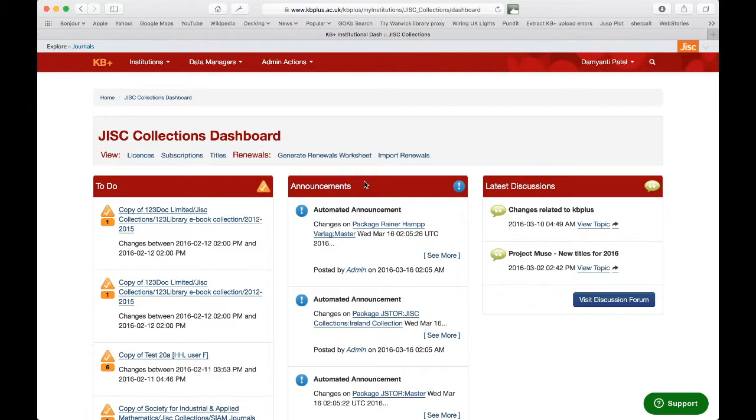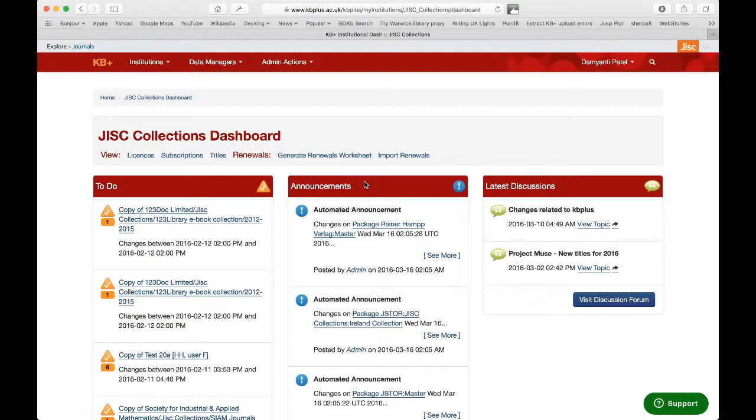We also access the JUSP stats where appropriate for those titles. You can also record your core information for these titles within the subscription, and then you can also link it to a license, and by linking to a license you can then also look to see what the license